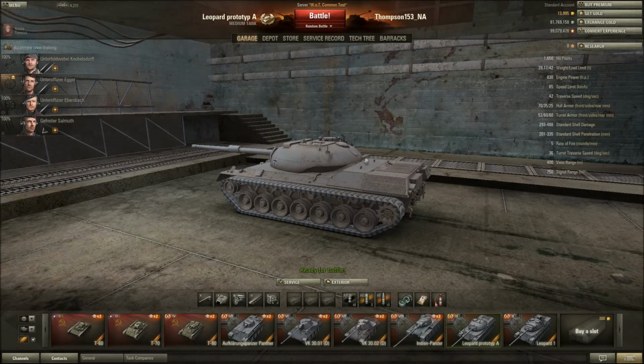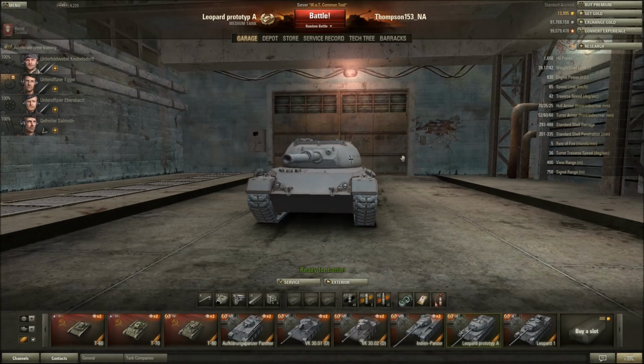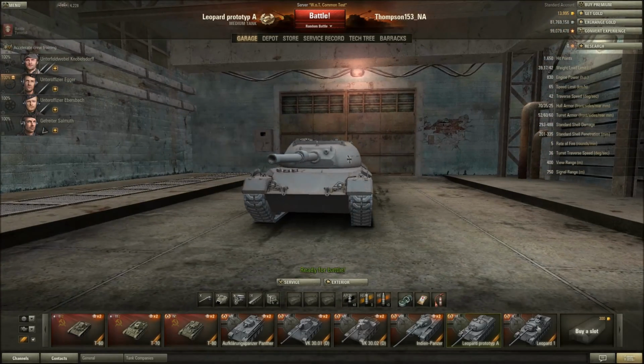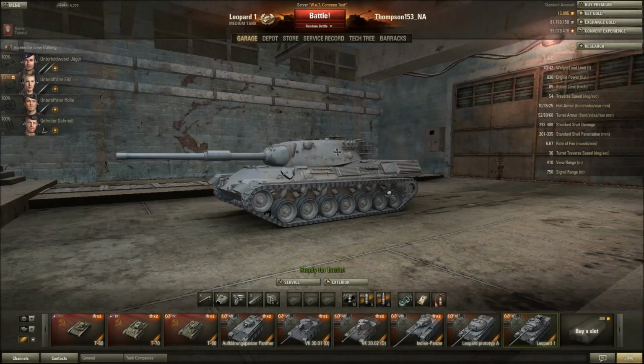Hit points is similar to, well, same as the T50, and everything else is decent, I guess. 70 for the hull, yeah. As I said earlier, that's not very good. But let's move on to what the main, well,